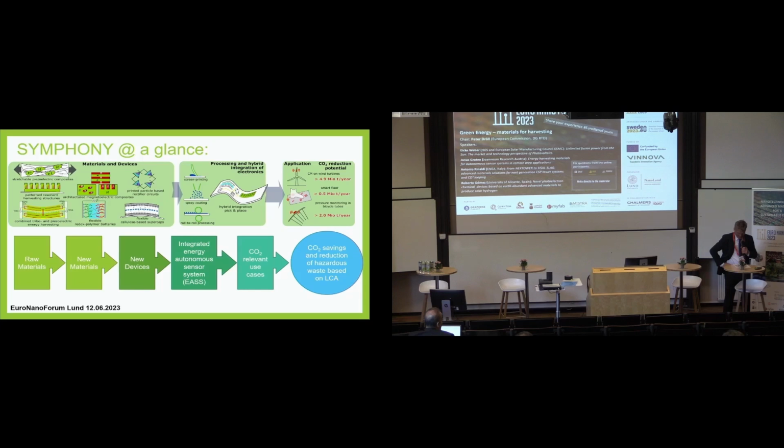We also need to convert the energy. So in that sense, we have also then flexible rectifiers, because we have a flexible nanogenerator. We wanted to have this also flexible with a printed or solution process technology, rectifiers based on silicon particles embedded in a nanofiber matrix, and also printed batteries from redox polymer batteries, and supercaps based on cellulose nanofibrils. As I said, we want to use large-scale processing techniques like spray coating, screen printing, and roll-to-roll processing, hybrid integration